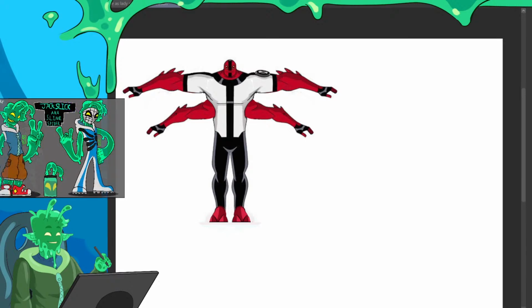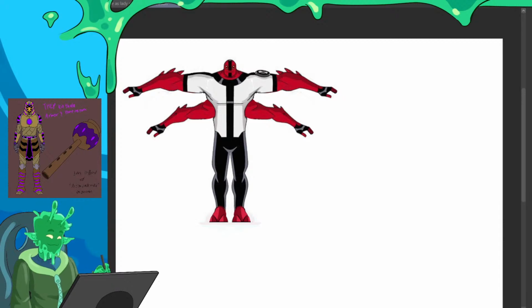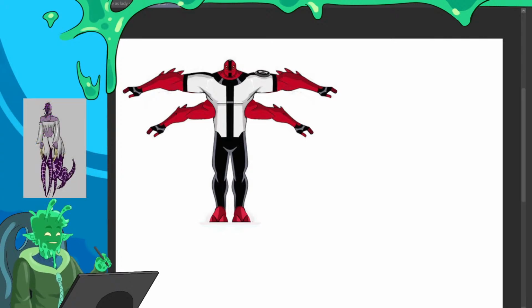Some aliens have a perfect side-on view, some of them do not. That's the bad thing about these model sheets. A lot of them don't have a side view, which means I have to make it up from scratch, and that's annoying.